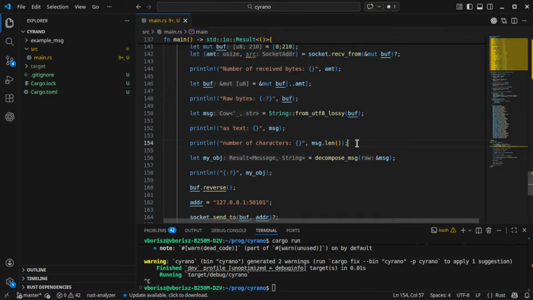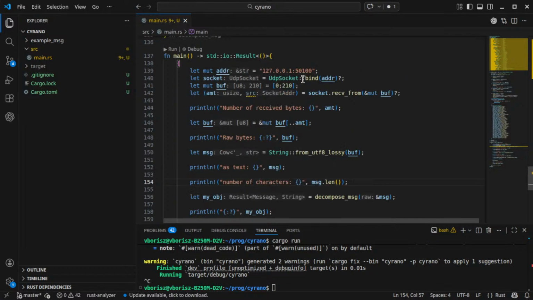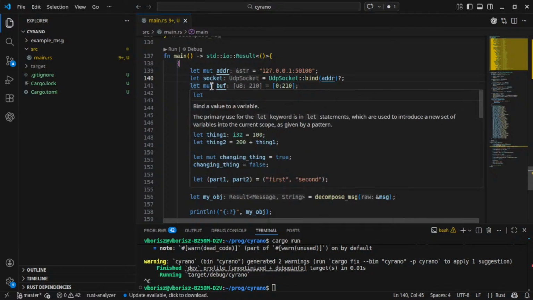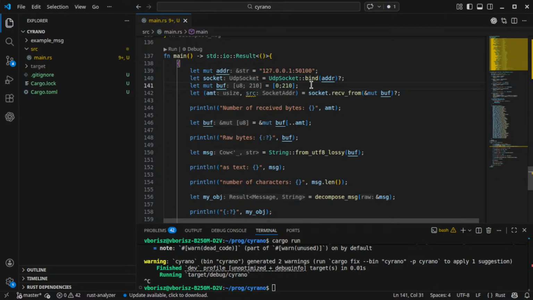As you can see here, I created a localhost address. I gave it port 50100, because this is the port that the fencing scoring machine uses, and I created a socket which I bind to this address, and I created a buffer that the message will fit in. Basically each character represents a byte,